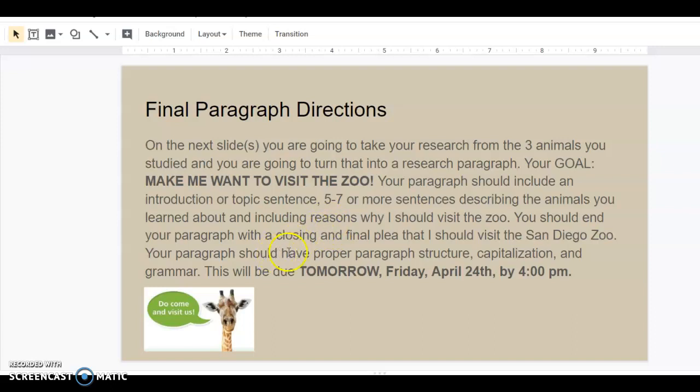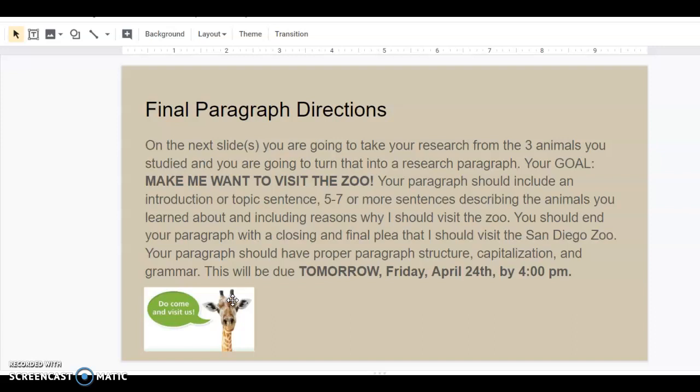Your paragraph should have a proper paragraph structure, capitalization, and grammar. This will be due tomorrow, April 24th by 4 p.m. So if you don't finish it today, remember we have about 30 minutes, so that would be about 10 minutes per animal. So that takes about 30 minutes, and then you have about 30 minutes tomorrow to work on this